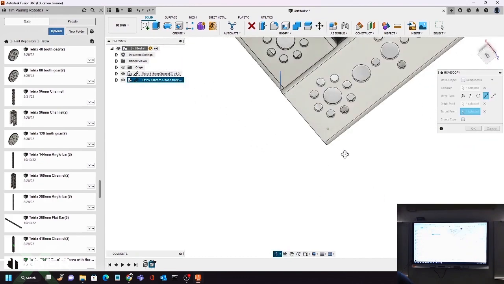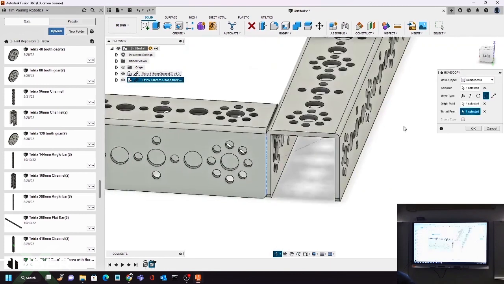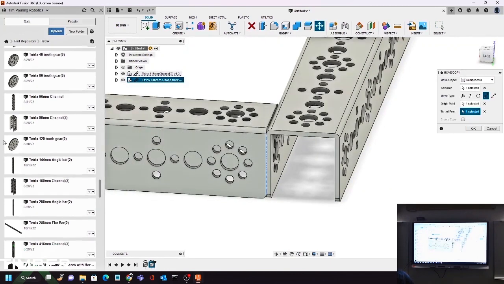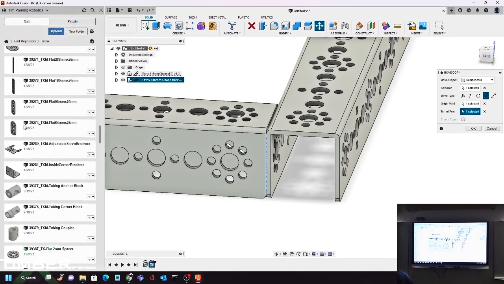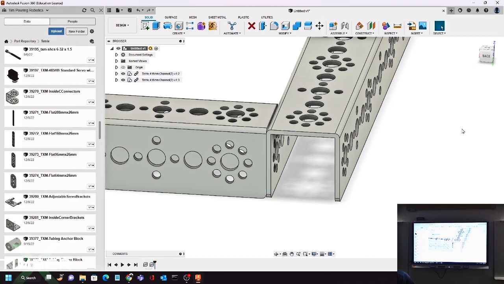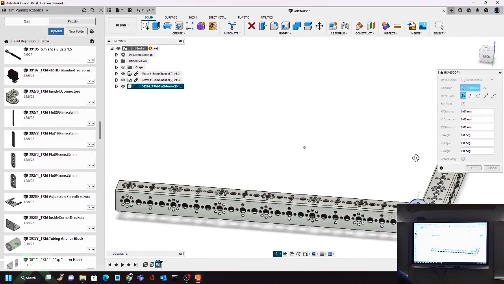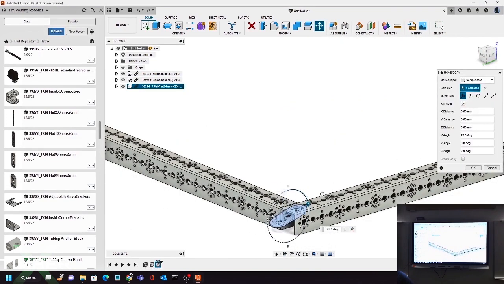So now they're perfectly aligned, but we can also integrate another part on top of it to make them connect so they're not just touching. So we can find a random flat bar and put it on top and connect them. So let's say OK, and then we can drag this flat bar on top of it, and then we can rotate it like so,